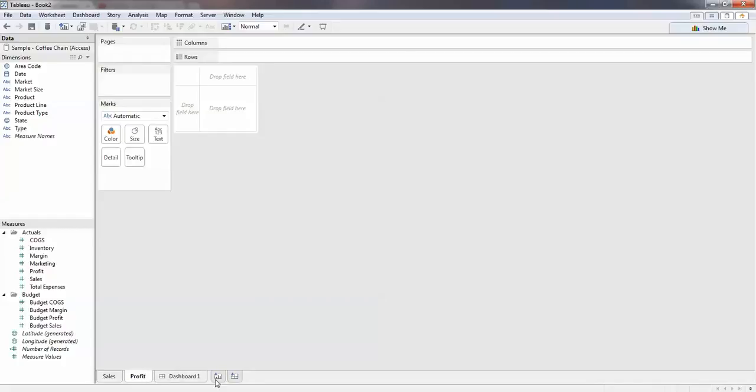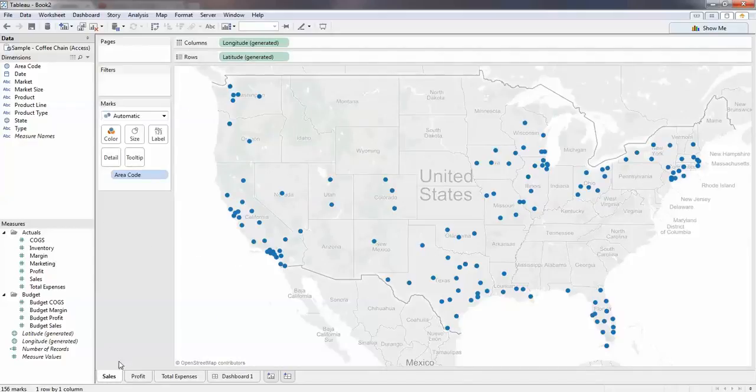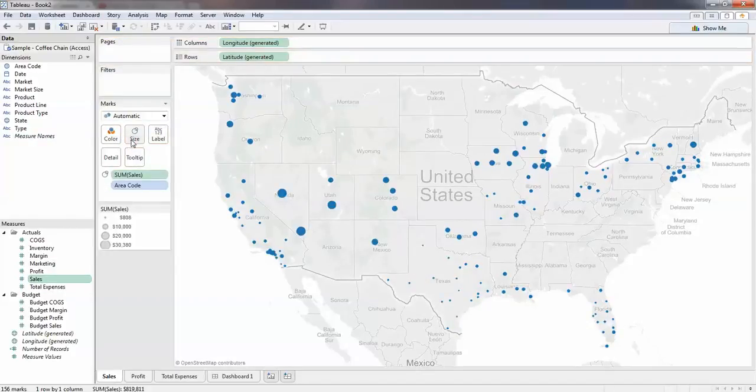This is just an example, so this may not be the best solution for this dataset, but just to demonstrate how we can create a sheet selector. Okay, so now we're working on the sales tab, and let's put sales on the size of the bubble